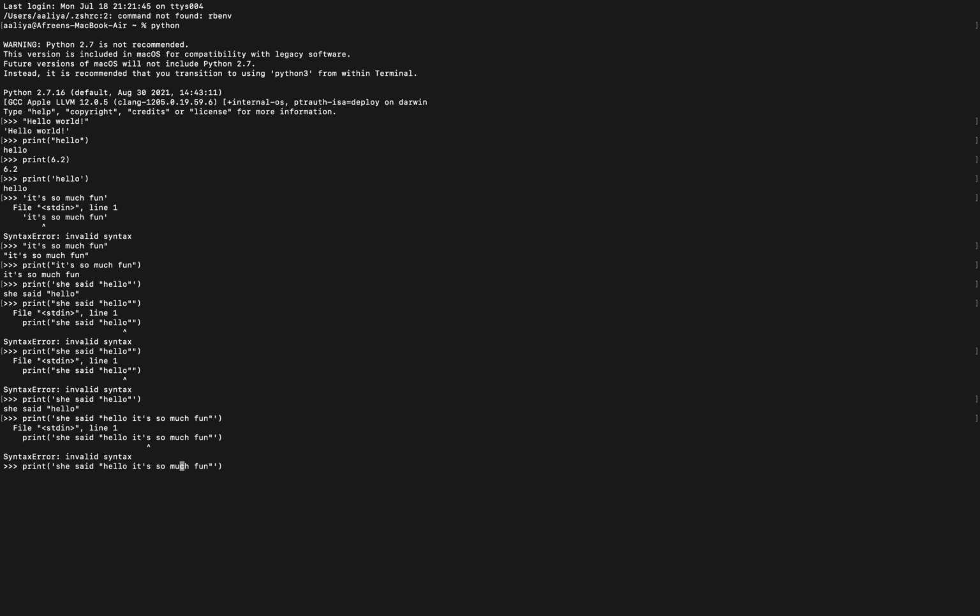So this is where the concept of escaping begins. Escaping basically means that you're telling your compiler or your computer, don't treat this character as the end of a sentence. You are trying to escape that character and move to the next character. And how do you escape something? You escape something by using a backslash. And now if you hit enter, you see that it works. So you can continue doing that